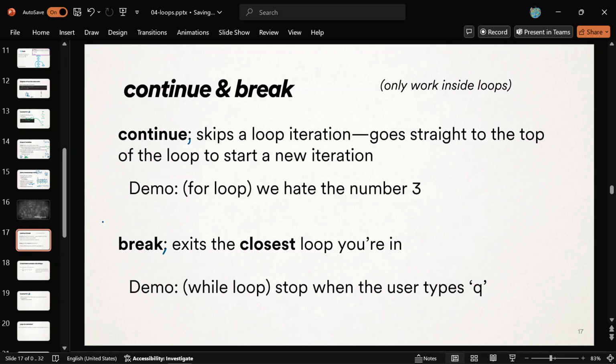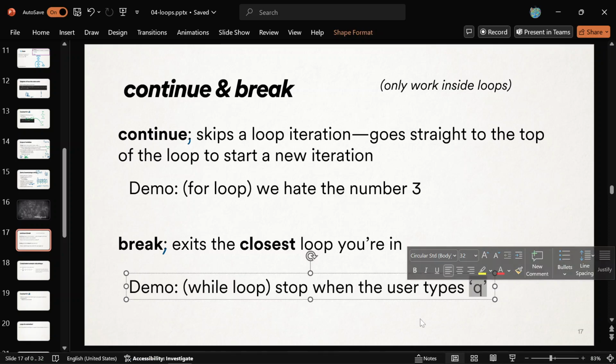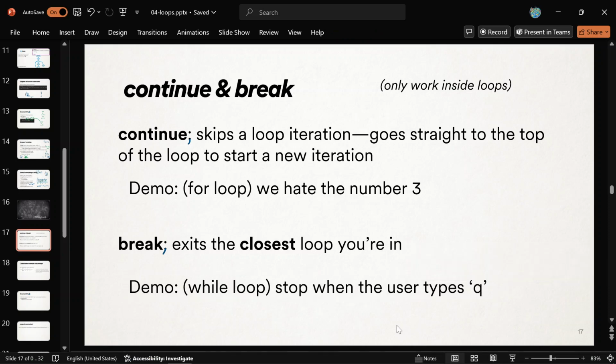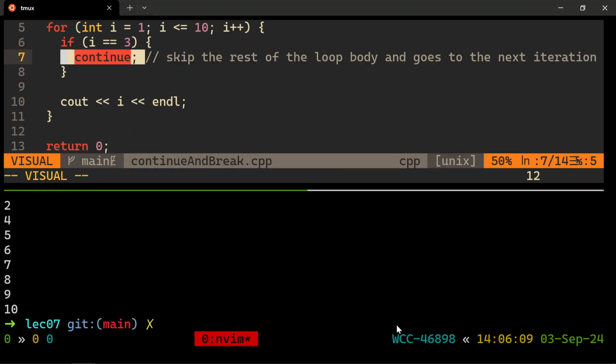All right. And so this is useful for when you're not sure how many times you want to loop. So for example, maybe we're going to get a bunch of characters from the user, and we'll do something with those characters. But when the user types Q for quit, we want to stop getting characters from them. We're not sure when the user is ever going to type quit. Maybe that'll be 100 characters from now. Maybe it'll be 1,000 characters from now. I'm not sure. But I want to be ready for it. If they ever type Q, I want to stop my loop. Okay? That is a decent example, I think.